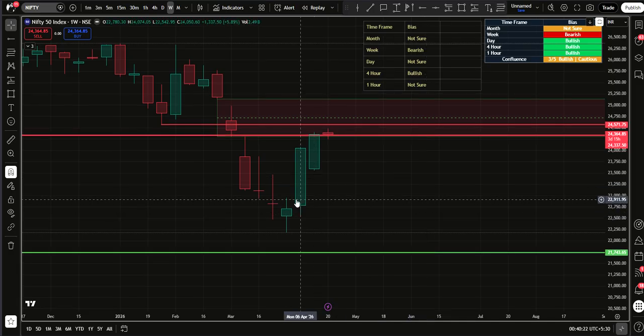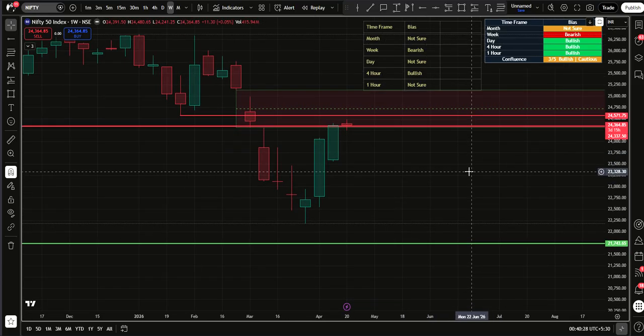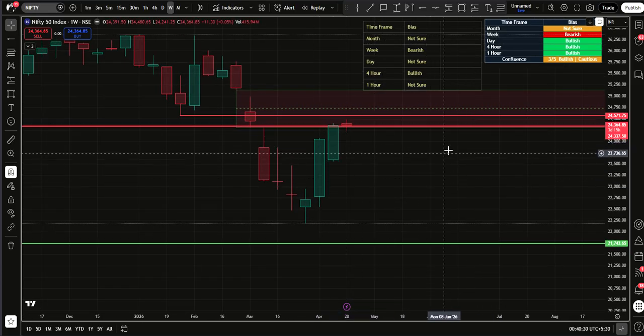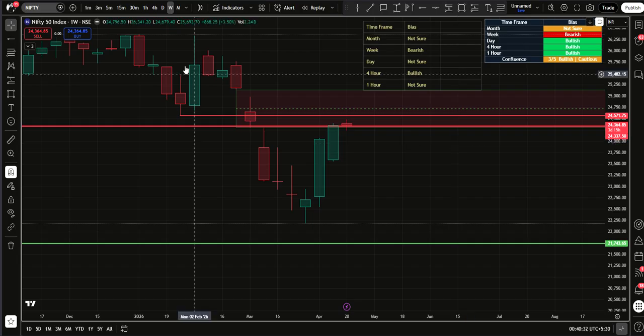Coming on to the weekly time frame, you see there's also a fair value gap here. I don't want to mark it up, so it's like a tight range where Nifty is going to trade. So let's go to the